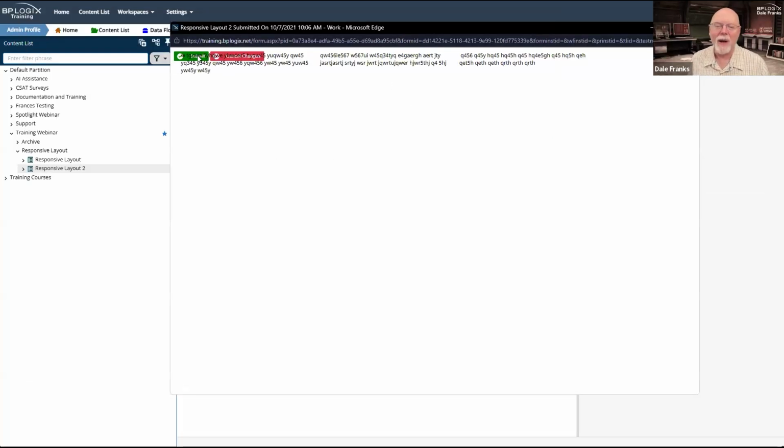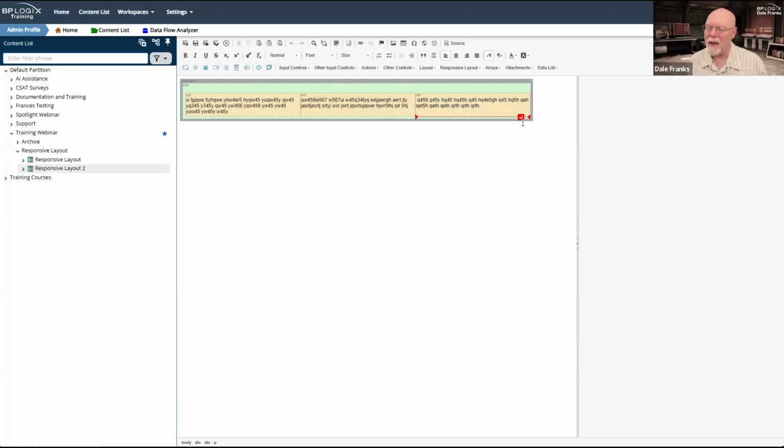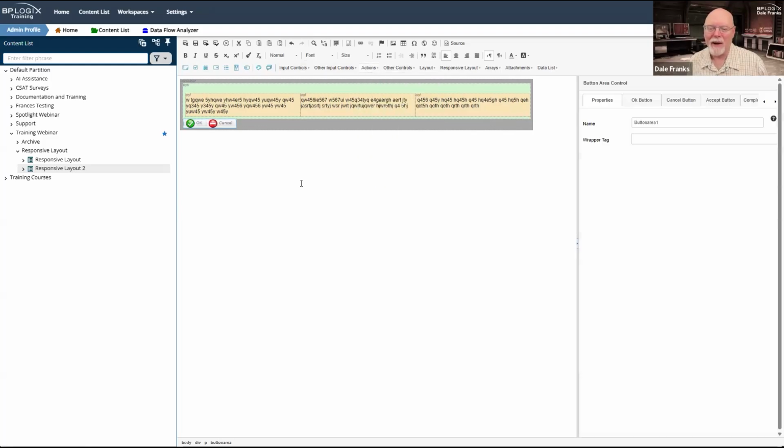Now, this is what I was talking about with those button controls. So let me go ahead and add an extra row in here so that we can add an actions and button area. Now I've got a button area control.